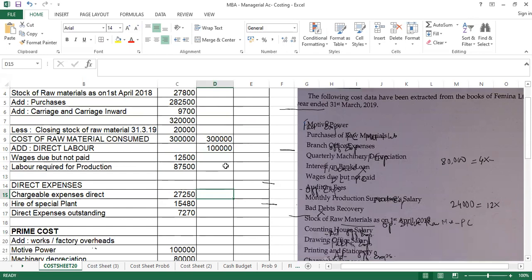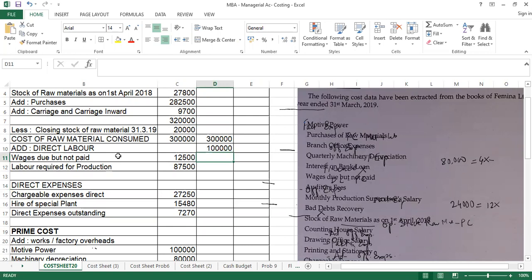Excuse me, sir, the wages are not paid, no? Not paid, but the cost is incurred. Wages are due but not paid, but the cost is incurred. We are preparing a cost sheet. Tomorrow you are going to pay them, otherwise they will go to labor court. But sir, we will pay them, though not in this financial year. For costing purposes, we have to include it this year, because we have to determine the selling price at which to sell the goods. That is why wages due but not paid will still be taken into your cost sheet.